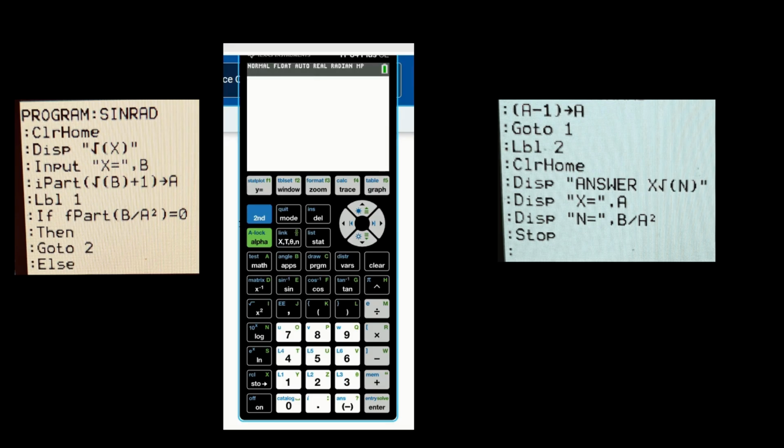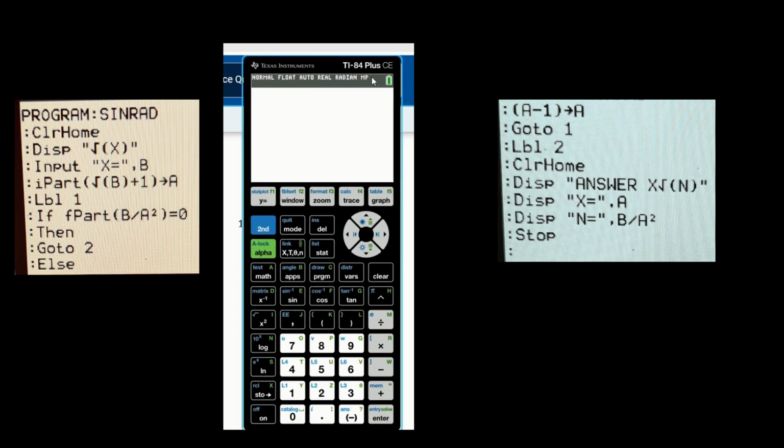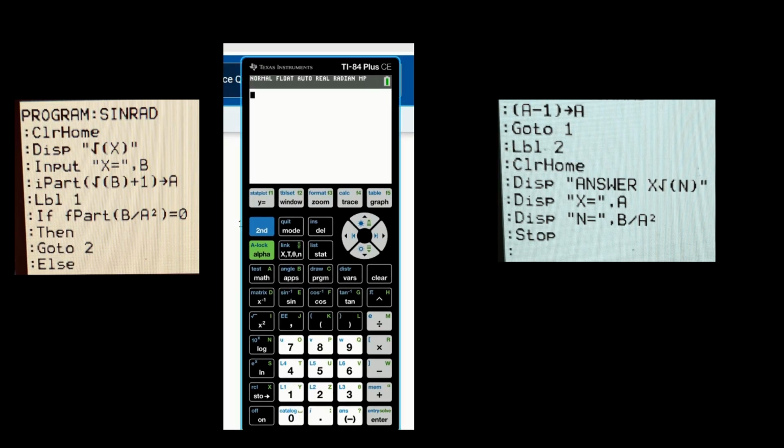So today we will be creating a program for our TI-84 Plus CE calculator on how to simplify radicals in radical form. Okay, so the first thing that we will do is go to program.